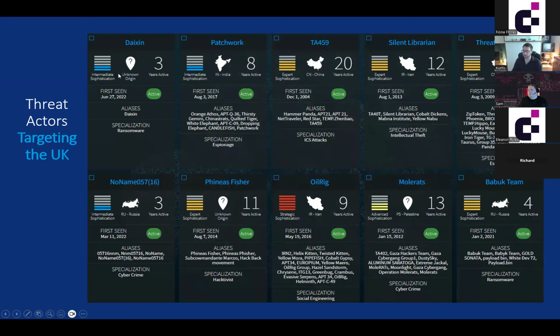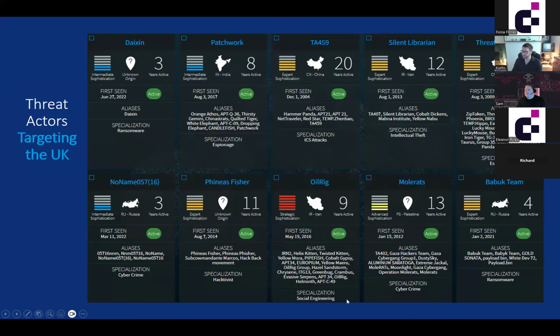This one, we're entirely unknown. We don't know where it's coming from. This one, we think it's likely from Palestine, or it looks like it's using Palestine as an agent to be able to show where it's from. India, China, Iran, Russia, and a lot from Russia, as you would expect, are all areas that we're seeing these large attacks from. The part that is useful to know is if you ignore all of this area and look at the kind of targeting here, this is the one that we would then focus more on.